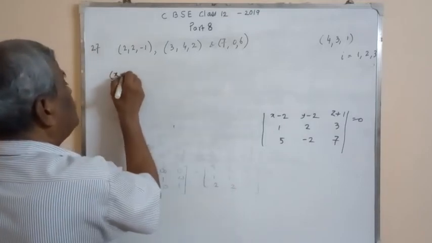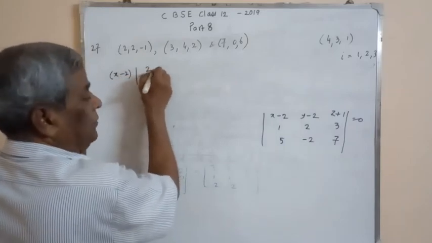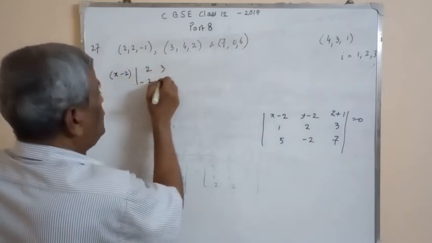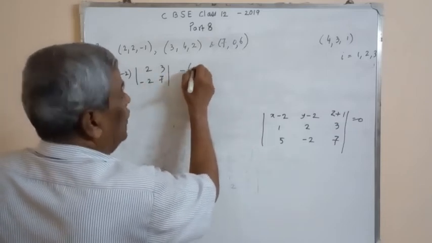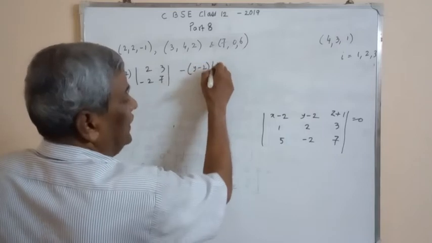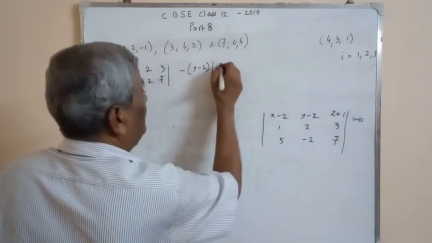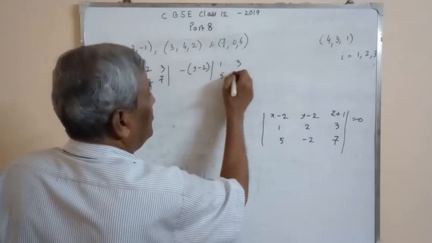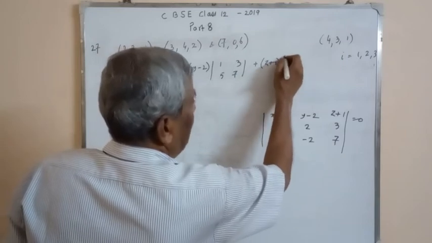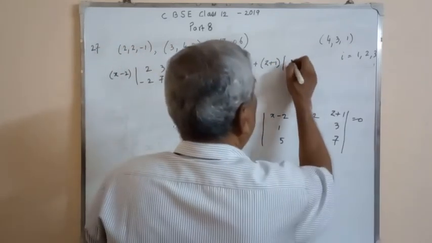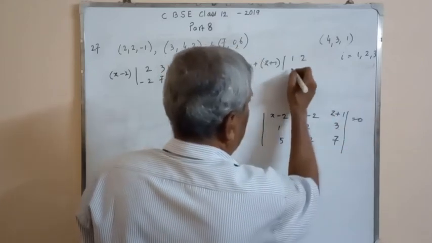It is x minus 2 into the determinant 2, 3, minus 2, 7, minus y minus 2 into, eliminating this and that, 1, 3, 5, 7, plus z plus 1 into the determinant 1, 2, eliminating this and that, 1, 2, 5, minus 2